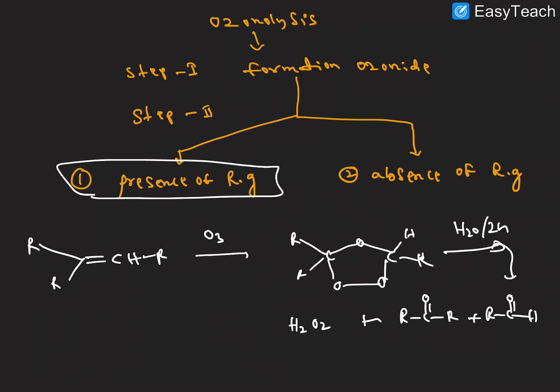This is reduced by the hydrogen peroxide. This zinc again reacts with it. This is converted into zinc oxide plus H2O. So now this is not a reducing agent. So this can remove the hydrogen peroxide. That's why it does not further oxidize the carbonyls, carbonyl to carboxylic acid, or reduce carbonyl to alcohols, right? This is the reason why we are using zinc.